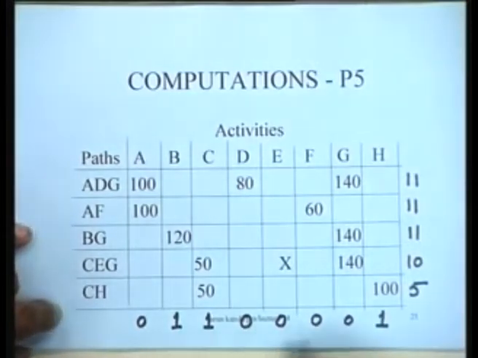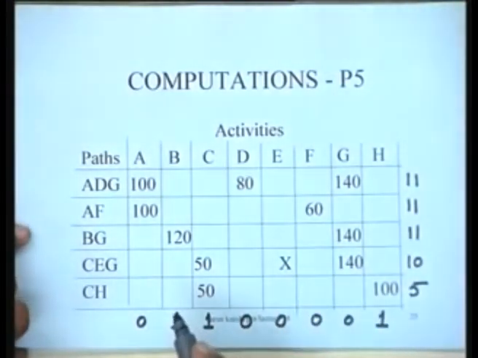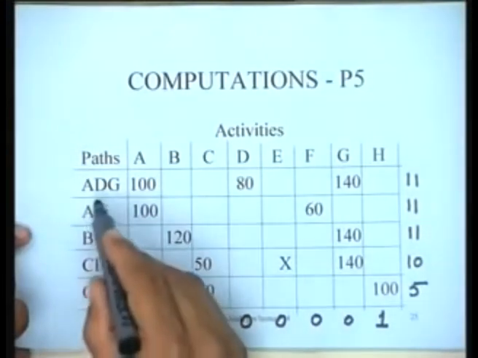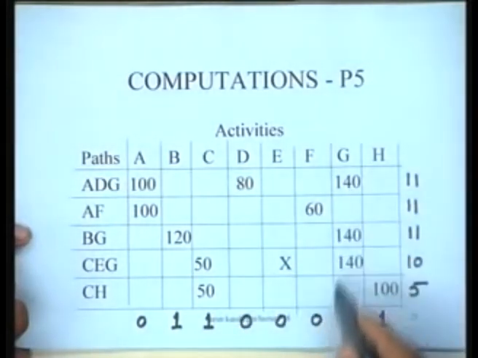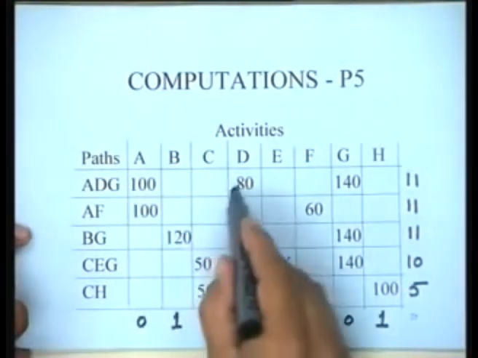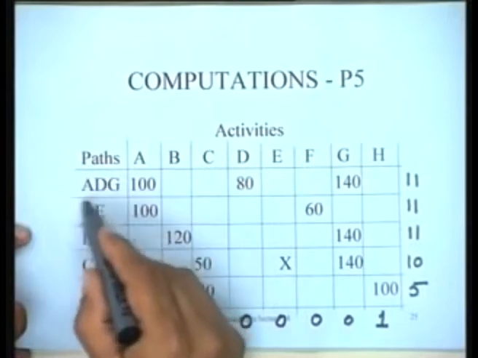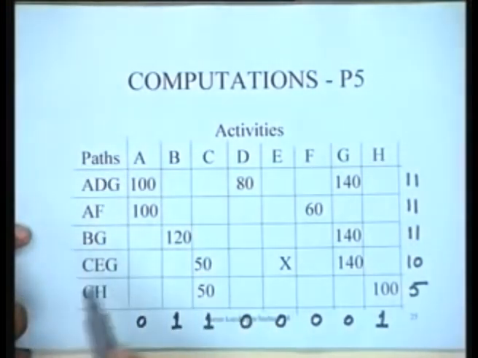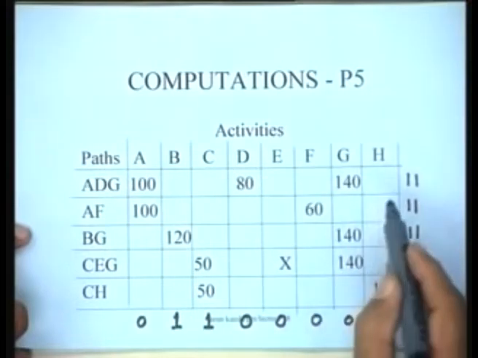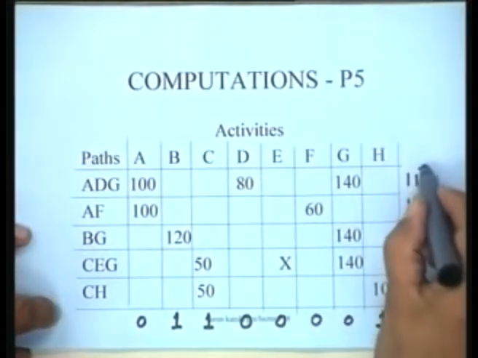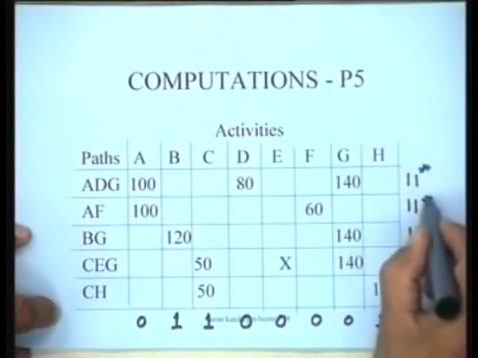At this stage, what do we find? You find, for instance, that for this particular path A, D, G, it is not possible to crash any of the activities. This has a slack of 0, this has a slack of 0, these are fully compressed activities. So this path cannot be reduced. So we can rest assured that the project cannot be reduced any further, and you need not